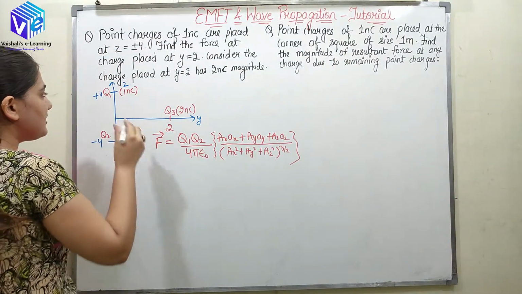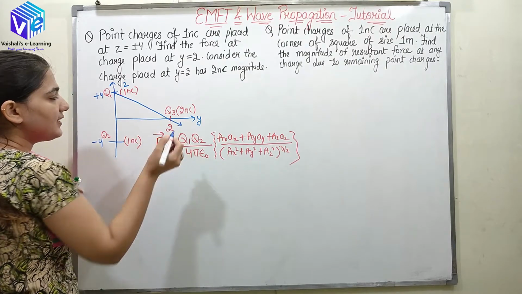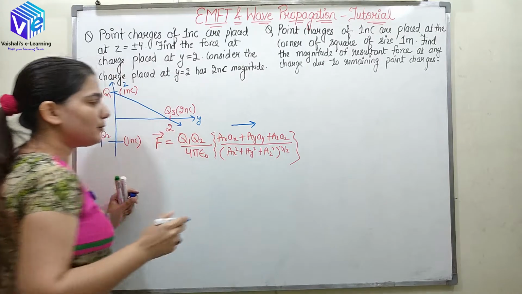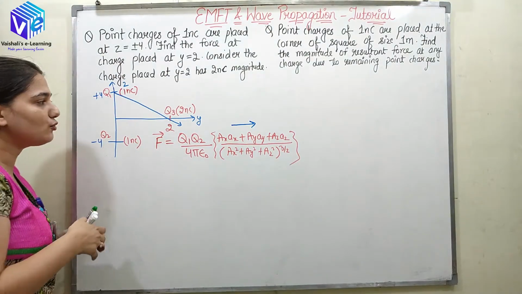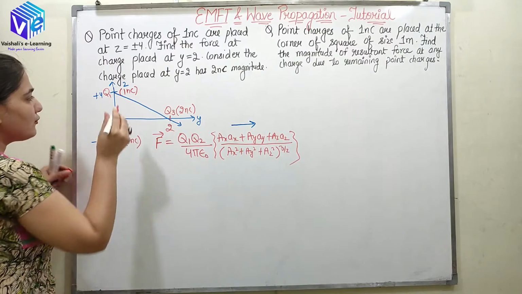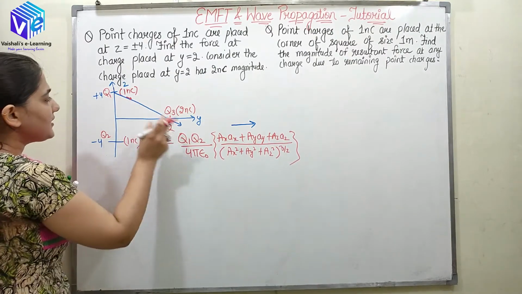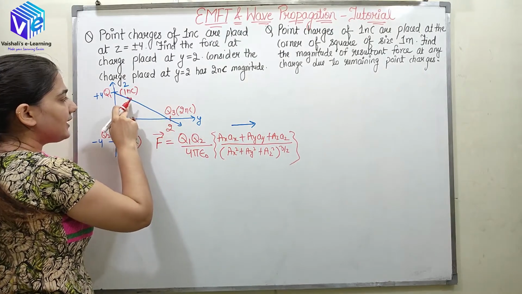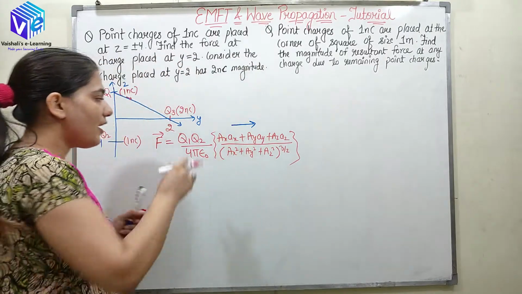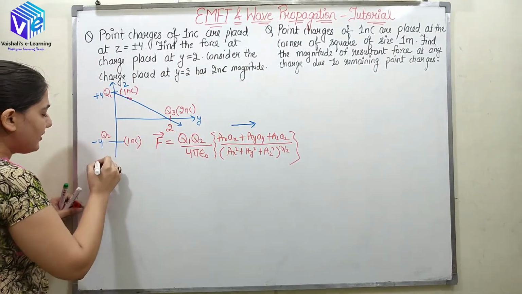Now here we need to find this force. What was the direction of the force? It was along the line joining the two charges. So if I am considering Q1 and Q3, the force will be along this line only. It is multiplied with the unit vector along this line and I will get the direction of the force, or I can directly apply this into the equation. So how will I do that?